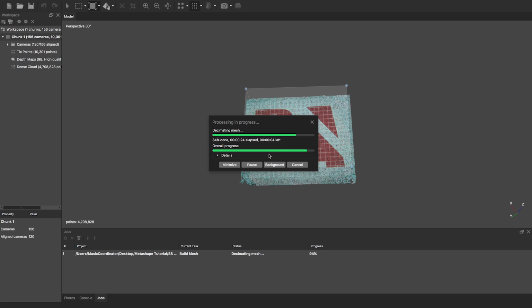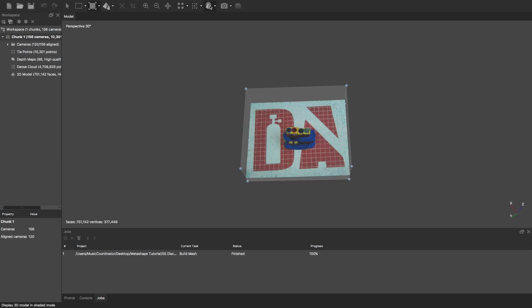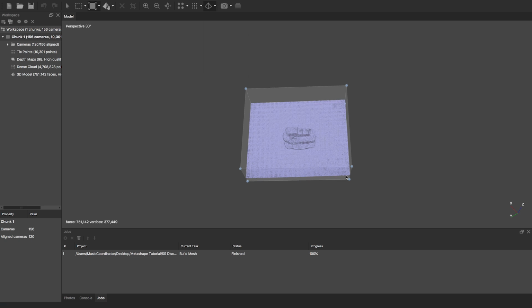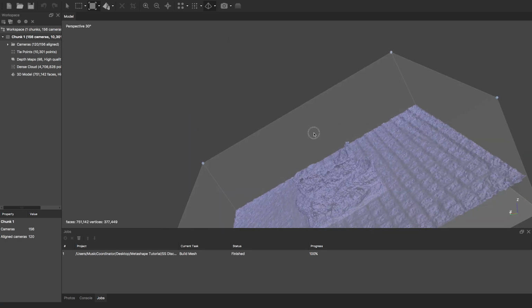Okay, now the mesh is finished being decimated. As soon as that's done, it's going to go through and put the colors into the mesh, and then we will be able to come up here and switch from our dense cloud to our model. If you click the arrow next to it, you've got different options: the shaded model, the solid, the wireframe, which will show those polygons,